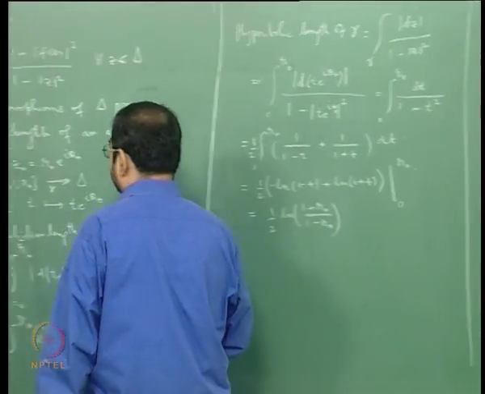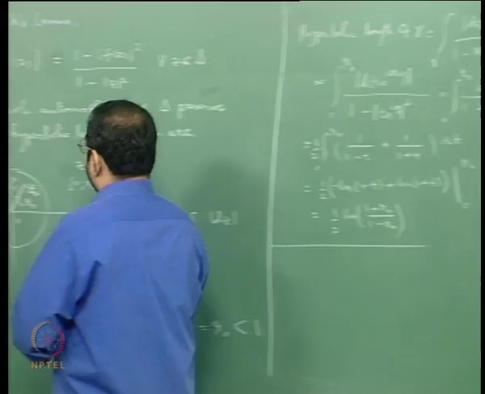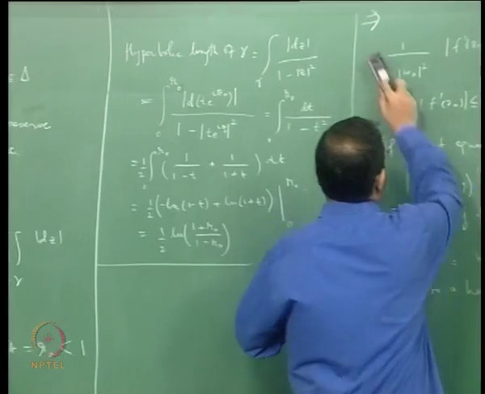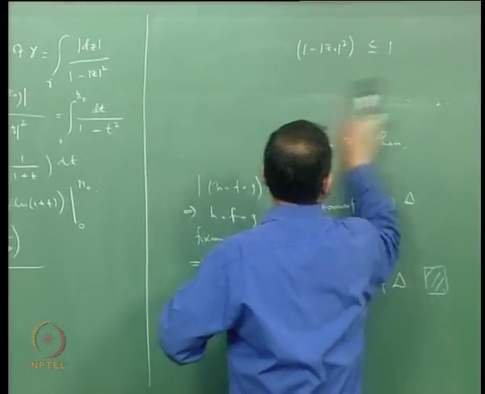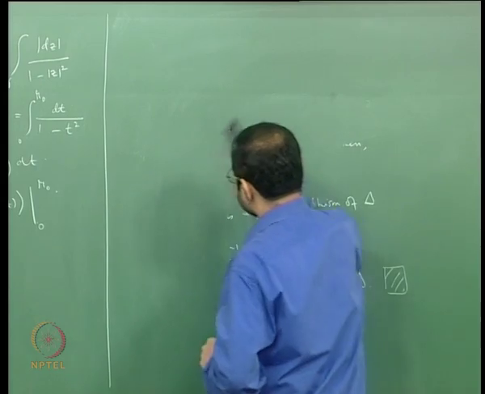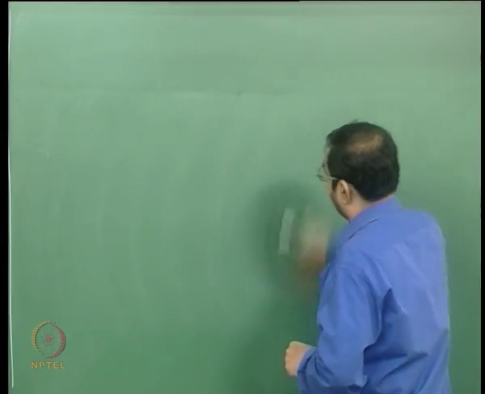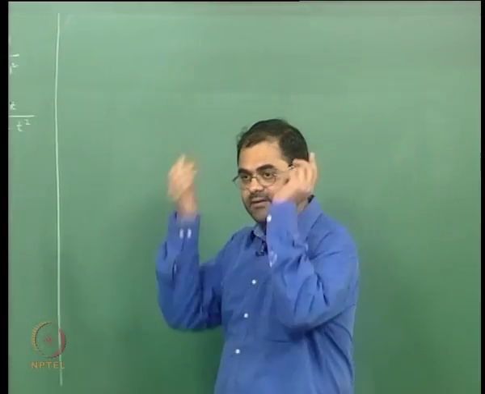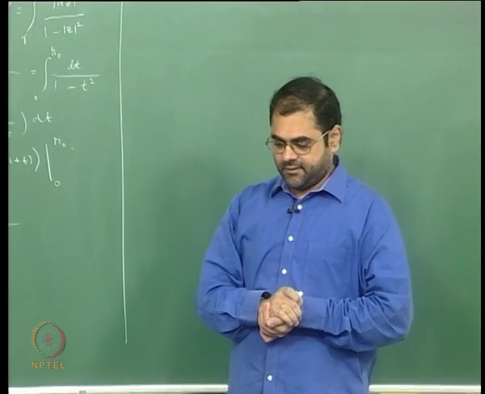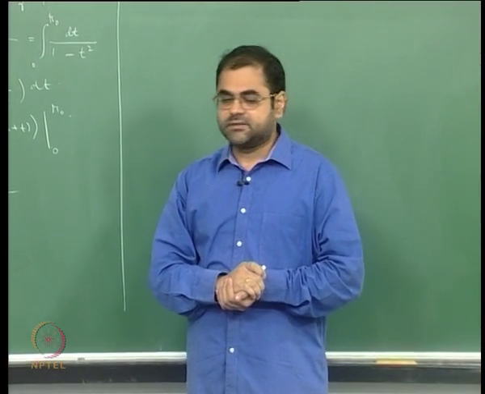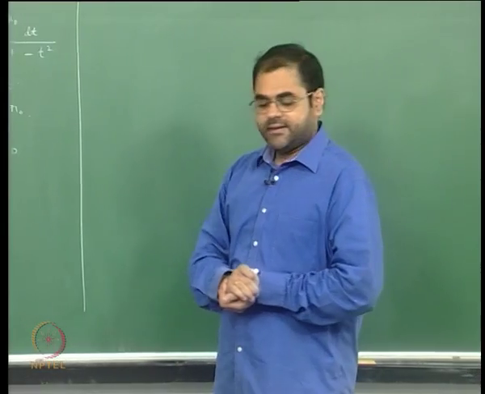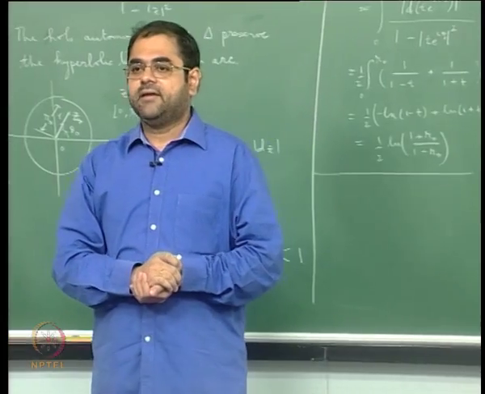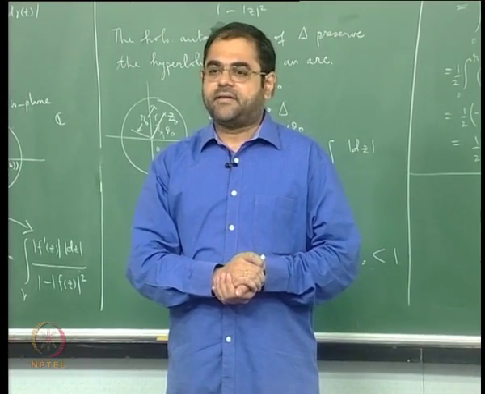All right, so now I'll tell you what it is that we need. Actually we are looking for a statement like this. We are looking for a statement which says that if you take any analytic function from the unit disk to the unit disk, then if it is not an automorphism of the unit disk, then it acts like a contraction.